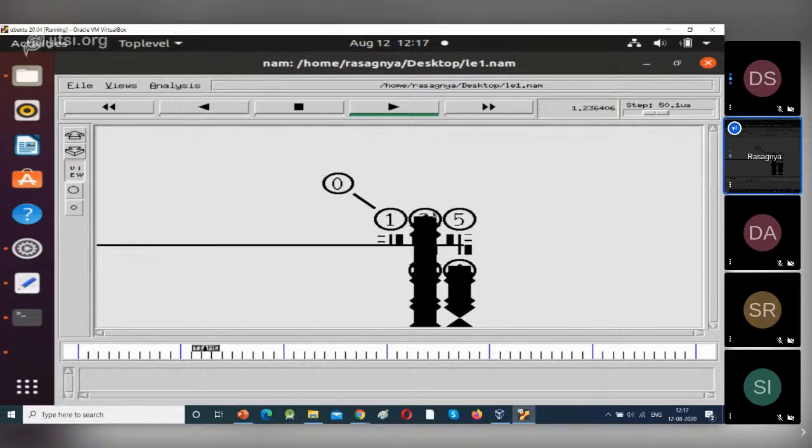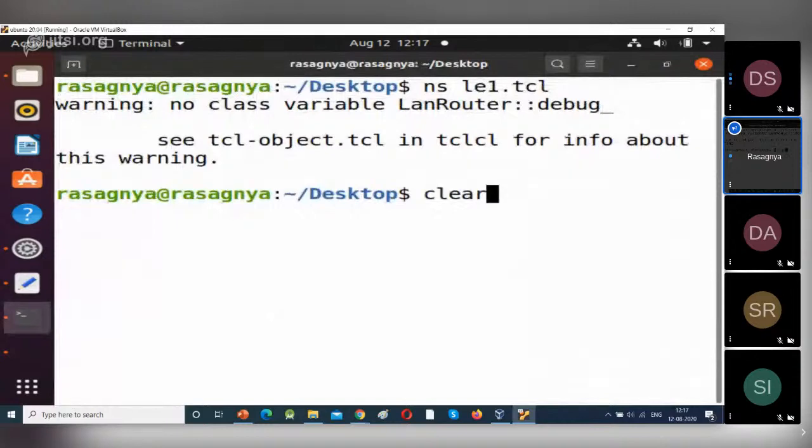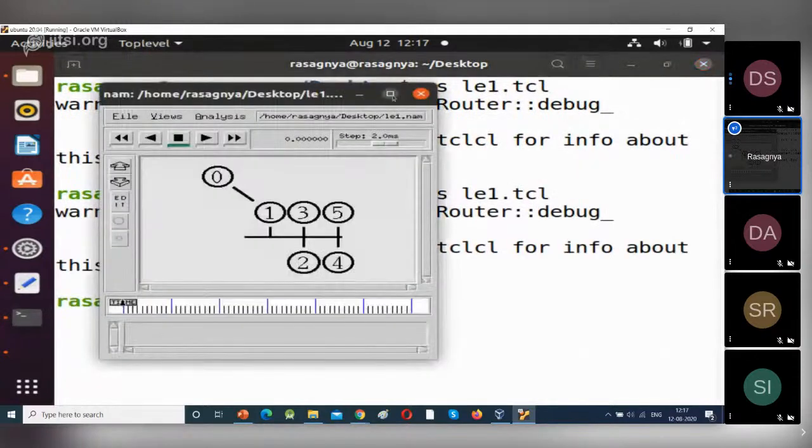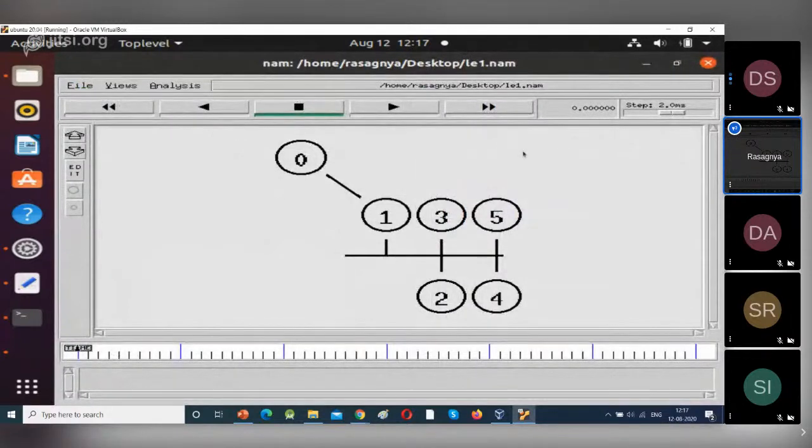So you can edit the layout. Just close this. Once again, I will generate it. I will execute this TCL script. So we will change this to observe the data transmission clearly. I am changing the layout. Select edit.